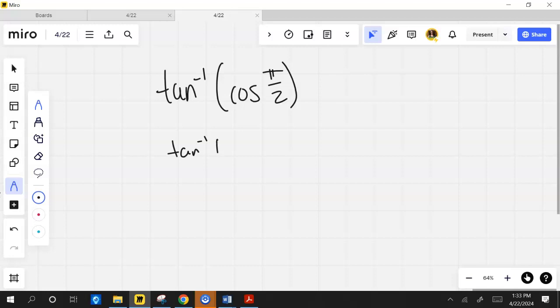At pi over 2, the cosine is 0. So where is tan 0? Where? Okay, so, but this is where I get into. What did y'all say it was? We have to, that's where, right? No, wait. We got to restrict the domain. It's going to be 0 because it's here, cosine